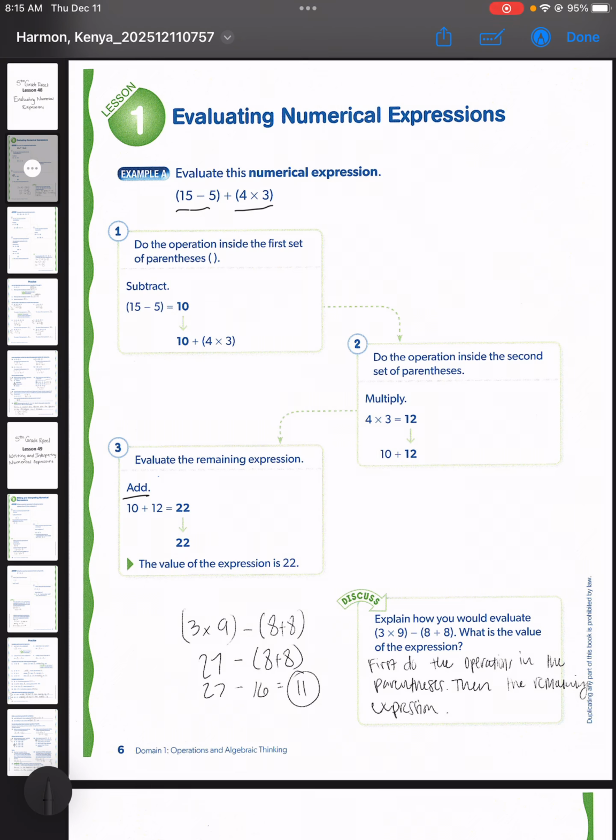What this example does not show is a structured way for organizing their work to ensure that they can keep track of their operations and to give you a way to check their work so that you can identify their point of error should they make any mistakes. So it's going to be important for you to write on the board or to use your dot cam and model for students how to organize their work when solving this problem. So your model should look like the one I'm writing now. You're going to copy the problem as written,